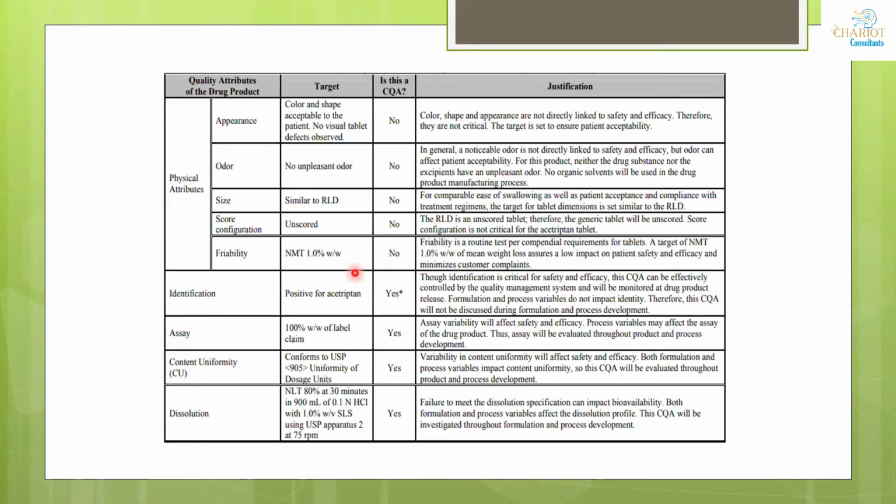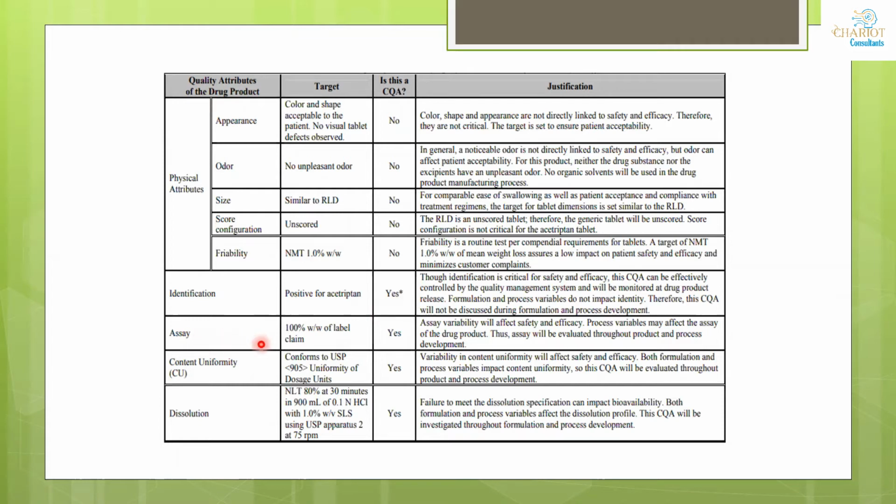Okay, so we have talked about CQAs, and you already know what the CQAs are for your drug substance and for your drug product. Whenever you are submitting to the agencies whichever CQAs you are going to put in your drug product, they will also ask for your justification of whether that CQA is really important or not. When you talk about identification, it means whether the API is there or not. So it is very important. You will say yes, this is a very important CQA for me, because if I am not able to identify the drug in my drug product, then maybe the safety and efficacy to the patients will be hampered.